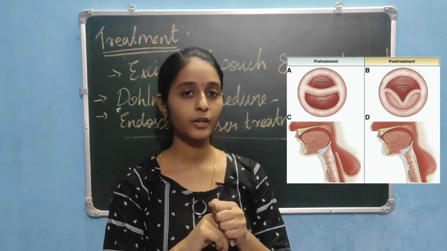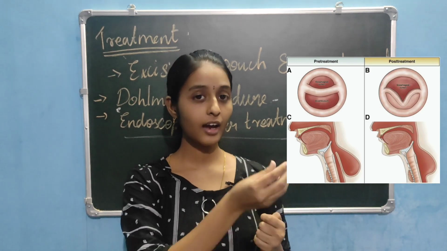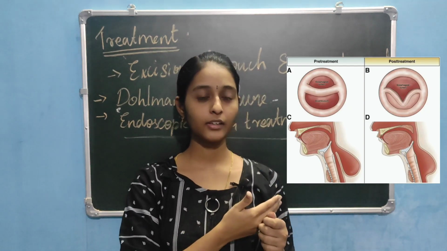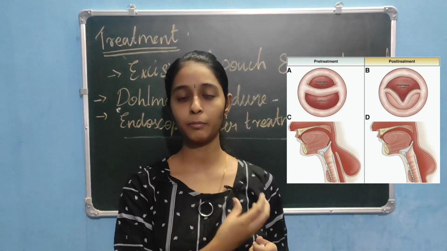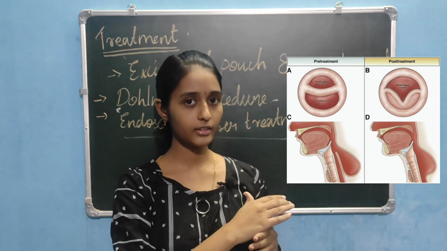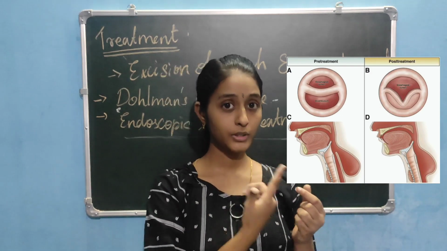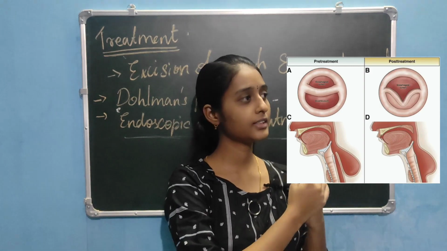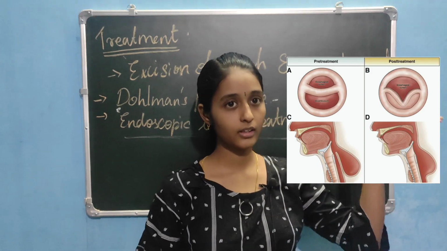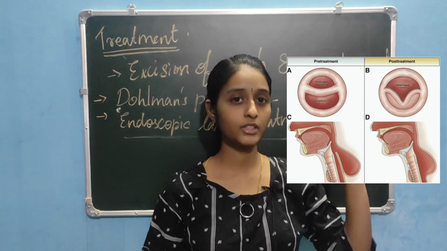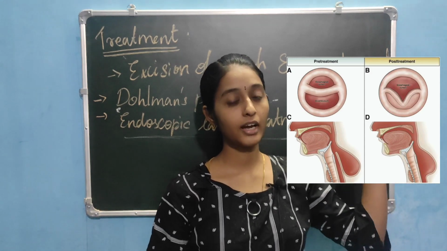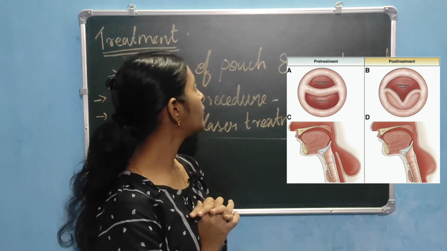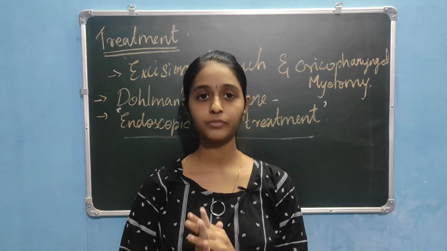Here is the image in which you can see the esophagus, and next to that the dividing part, which is the cricopharyngeal muscle, and next to that the Zenker's diverticulum, the pouch formation. What we did here is divide the in-between part, the cricopharyngeal muscle. As a result, when food enters the pouch, it cannot stay there. By removing it, food can easily go into the esophagus. So that's about the treatment. This is what we do to treat Zenker's diverticulum.